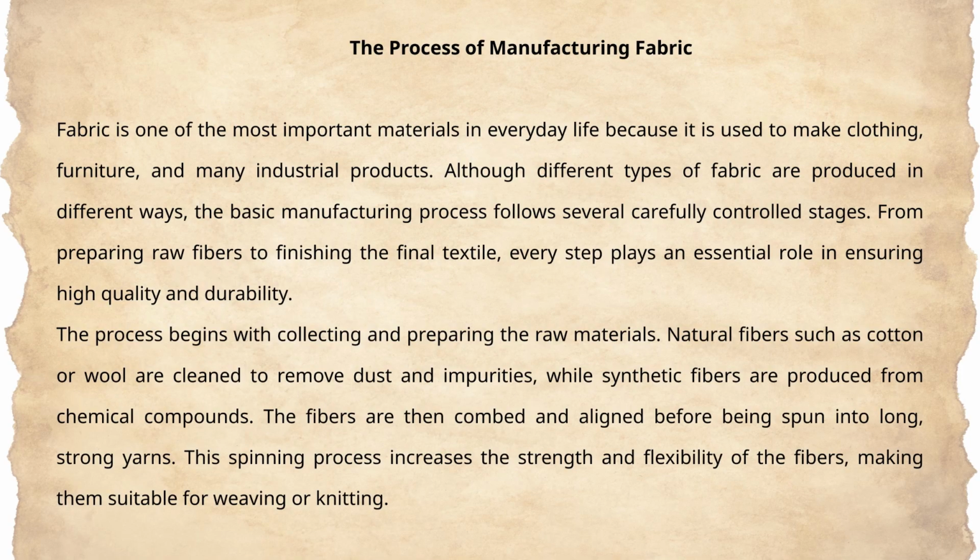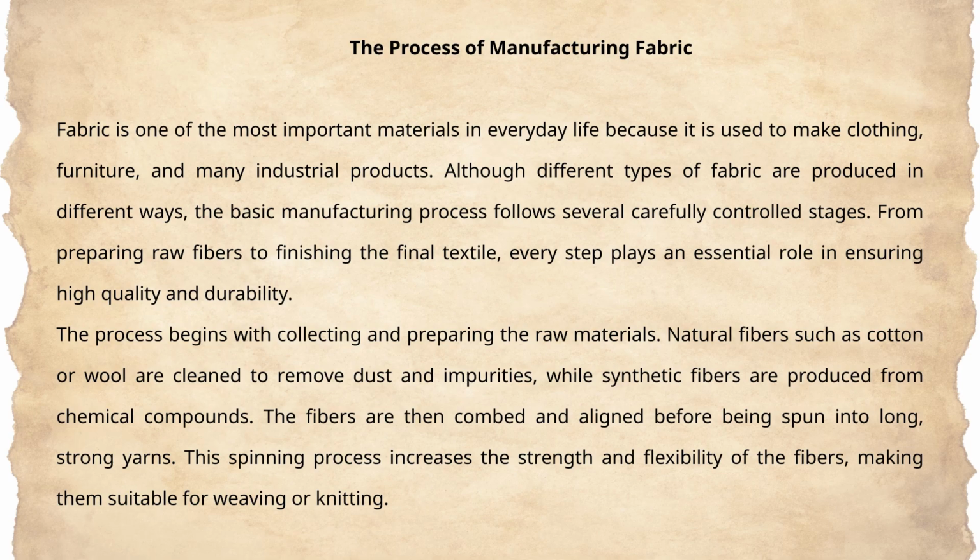The process of manufacturing fabric. Fabric is one of the most important materials in everyday life because it is used to make clothing, furniture, and many industrial products. Although different types of fabric are produced in different ways, the basic manufacturing process follows several carefully controlled stages. From preparing raw fibers to finishing the final textile, every step plays an essential role in ensuring high